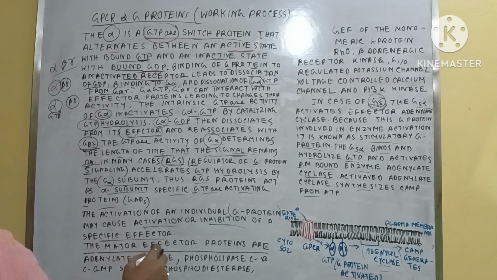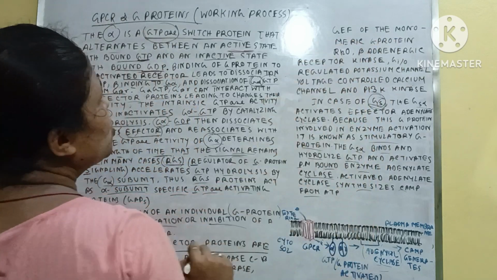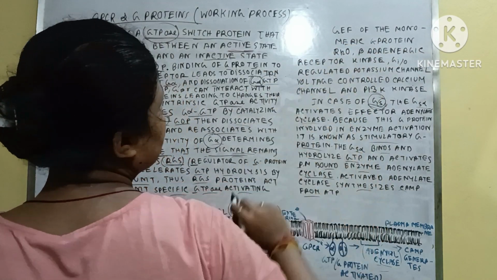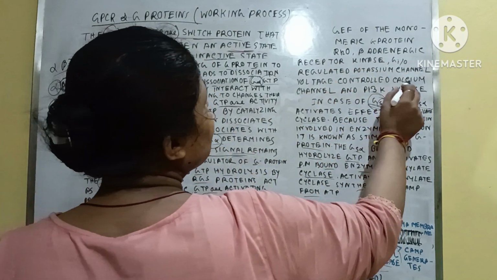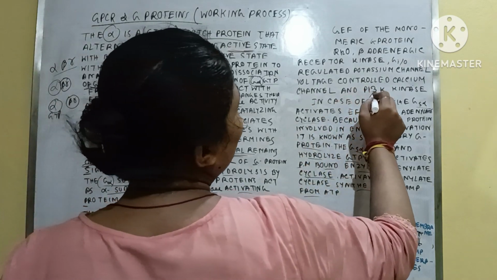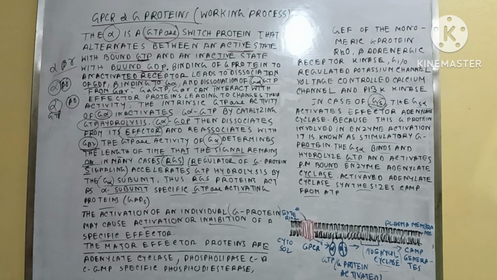One is adenylate cyclase, second one is phospholipase C beta, cGMP specific phosphodiesterase, and GEF of the monomeric G protein Rho, beta adrenergic receptor kinase, GIO regulated potassium channel, voltage controlled calcium channel, and PI3 kinase. Okay, so next, in some cases where Gs is present, then the Gs alpha complex is formed,